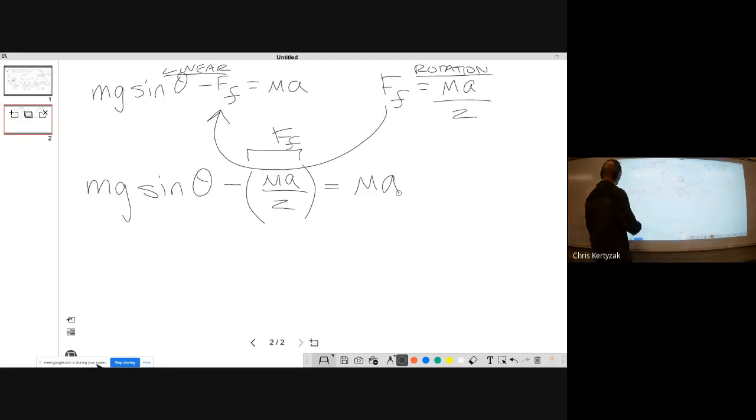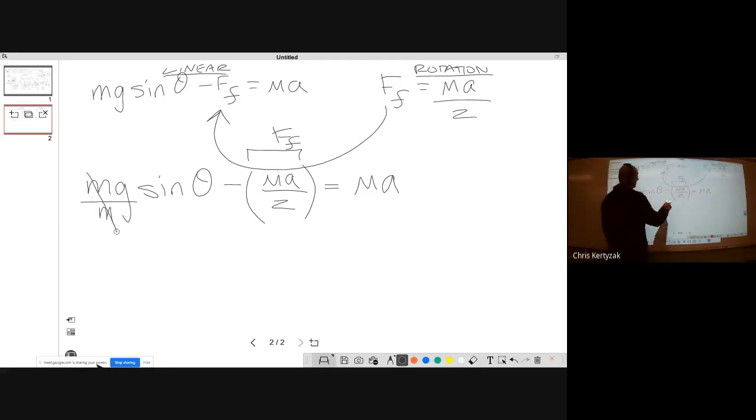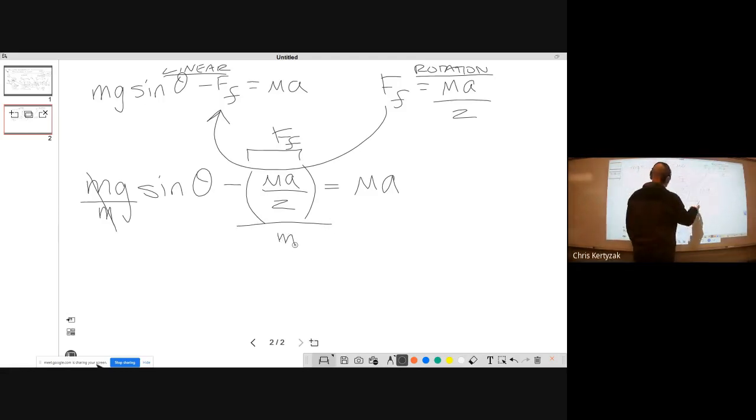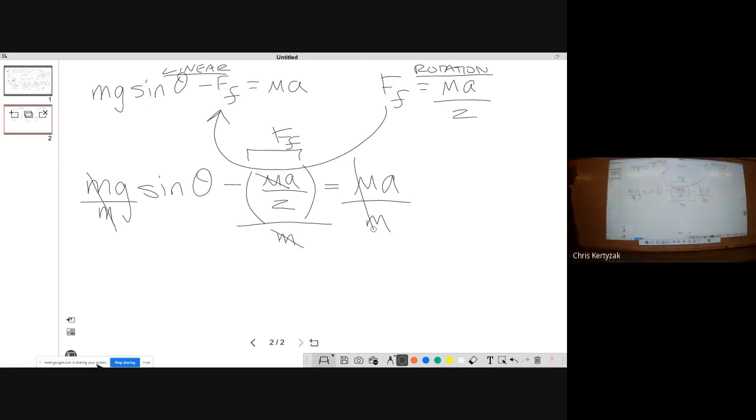In this case, I'm going to divide this term by m. I'm going to divide this term and this term by m. Usually I don't bother doing that. I am this time for some reason. At least I don't bother drawing those, and I just cross them out. But that's why. Right. So now I have g sine theta, which I recognize as an acceleration term, because g